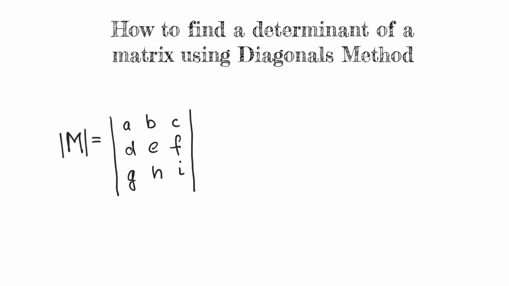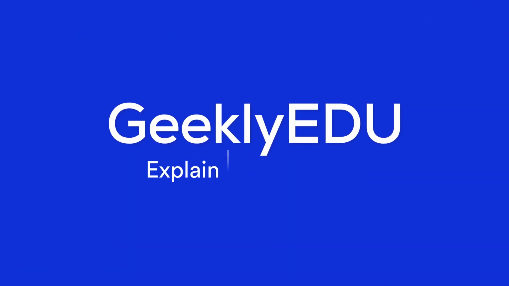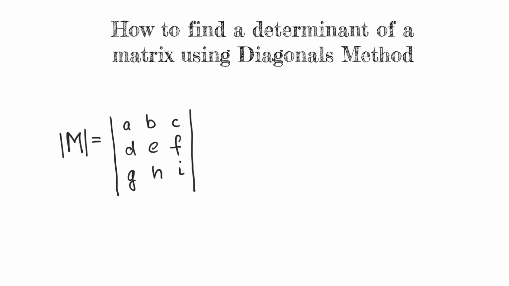In the last video, I mentioned that there are several different ways to calculate the determinant of a matrix. Today we're going to look at the diagonals method, which is a very convenient method for calculating the determinant of the third order, meaning a determinant of a 3x3 matrix. It's very visual, so we will represent it